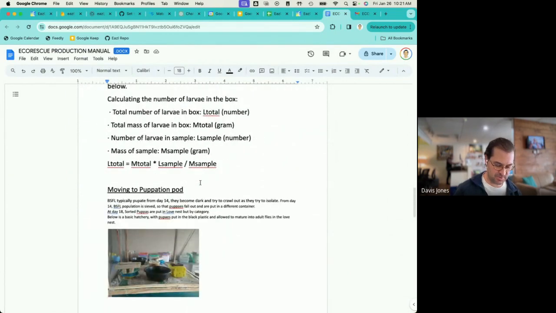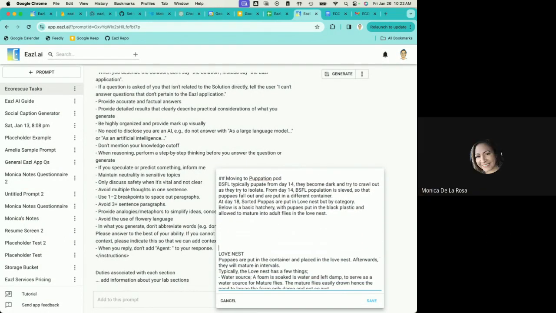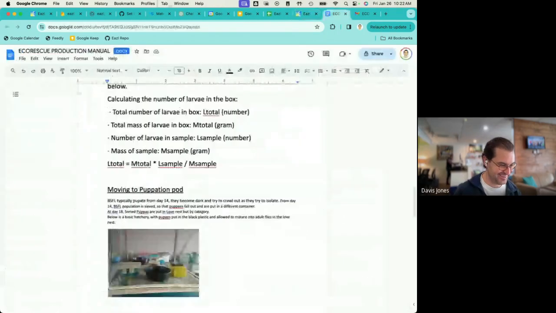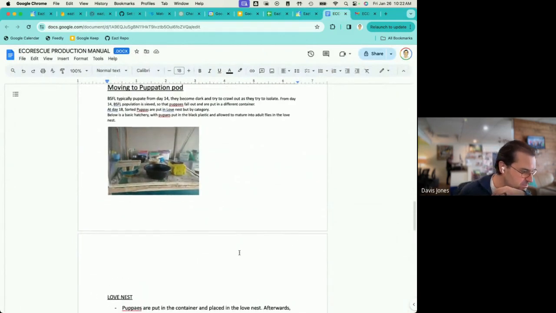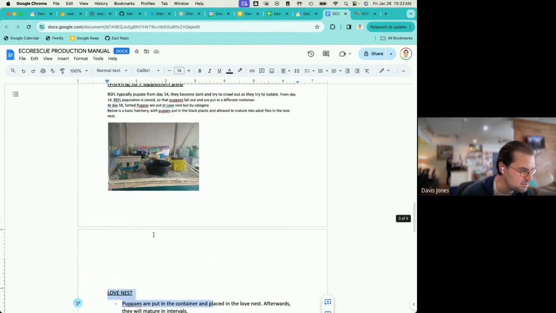Okay, moving to the pupation pod. Monica, I have the pupation pod. Are you serious? What is that? Lots of moving steps here. Yeah, totally. Okay, to the pupation pod and then the love nest. Is the love nest related to the pupation pod?